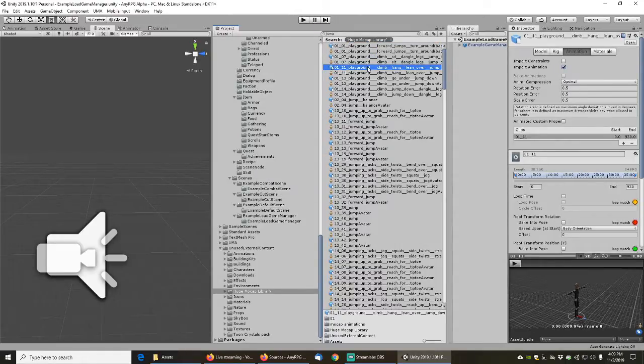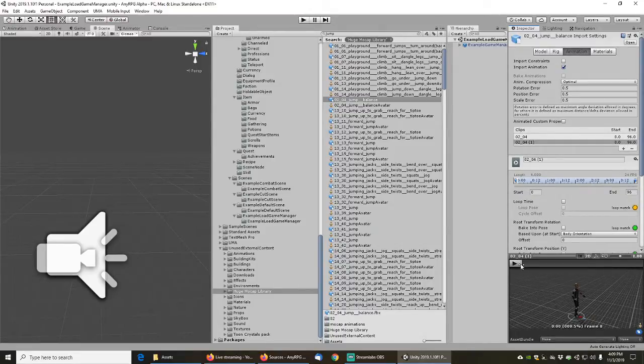And let's see, these are all like playground stuff. I don't see just an idle jump here. So let's see, jump and balance. Ooh, well, that's not terrible. Okay. Let's make an animation out of that. So we'll just copy that, and